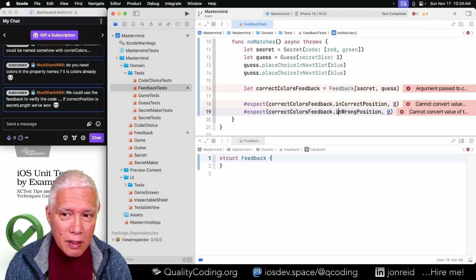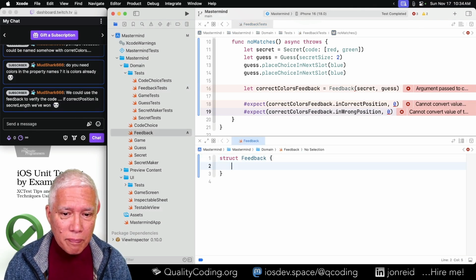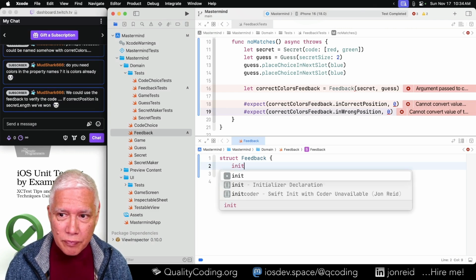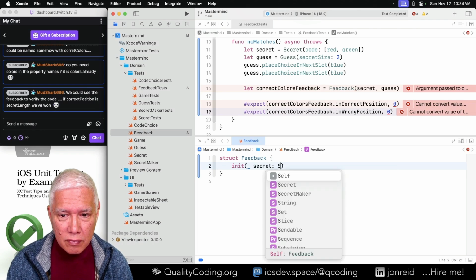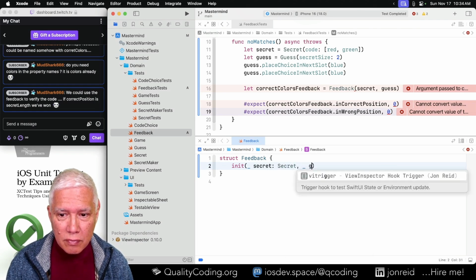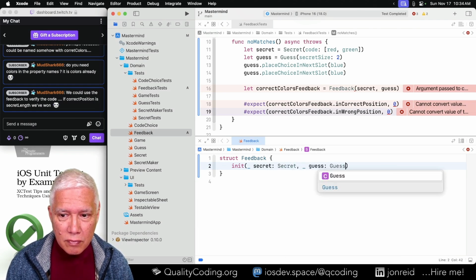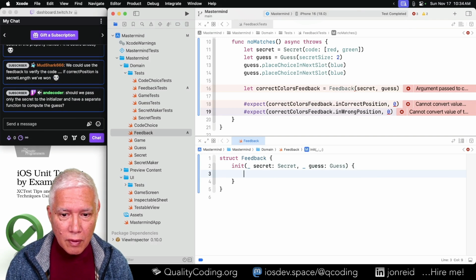I'm liking it. Let's set this up and we'll figure it out. That should get that to compile. Come on. And the struct itself has